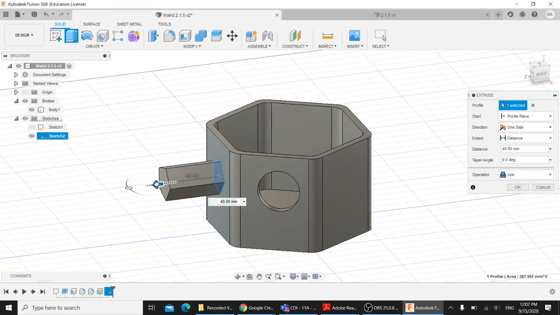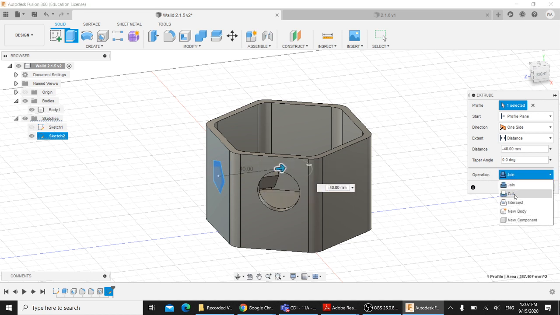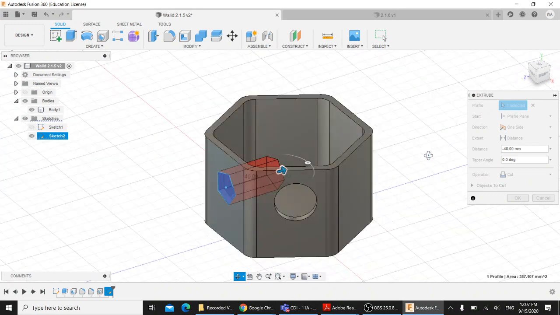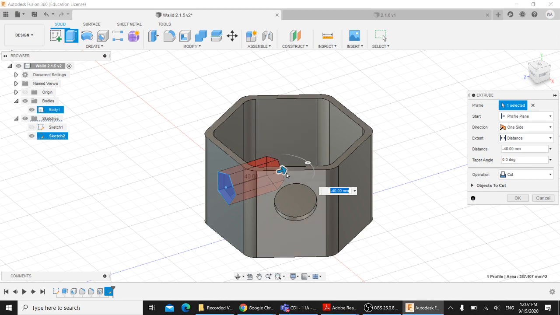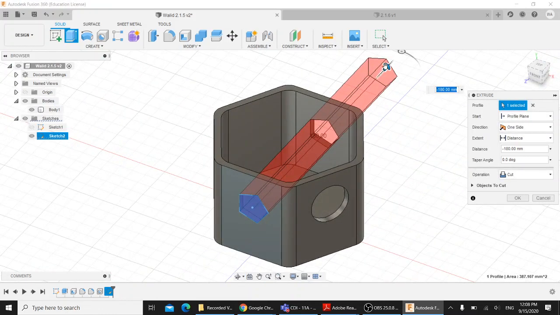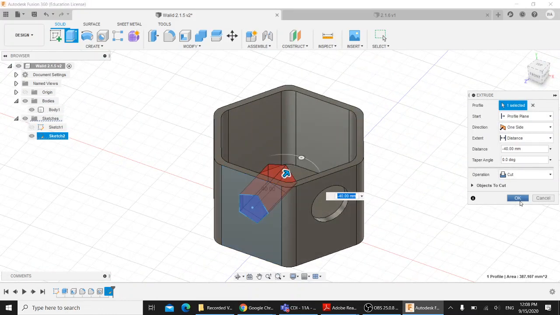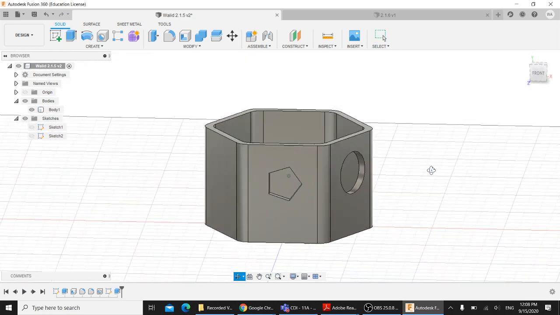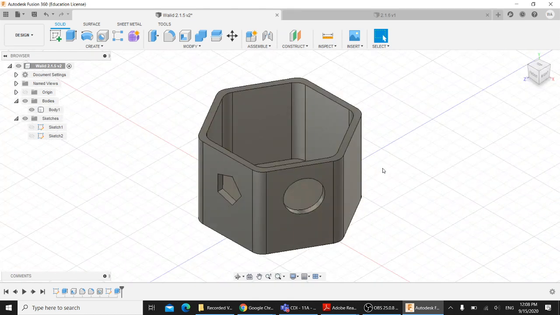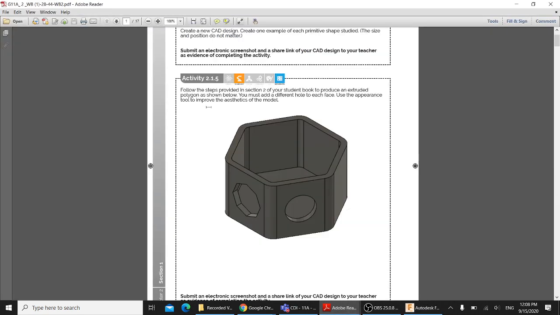What if I want to make a hole? I can simply go to the other direction and change the operation to cut. In this case, I am cutting whatever is behind this surface. If I make it up to here, I will cut both sides. If I want to cut only this one, I can just move a little bit, a small distance, and click OK, and I will have a hole that looks like a pentagon. See? In this case, you will be able to solve